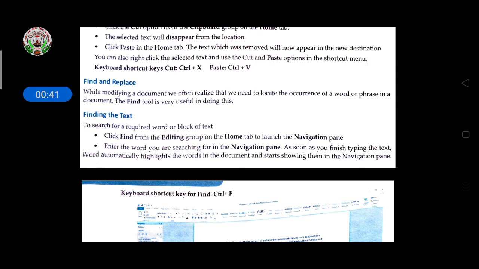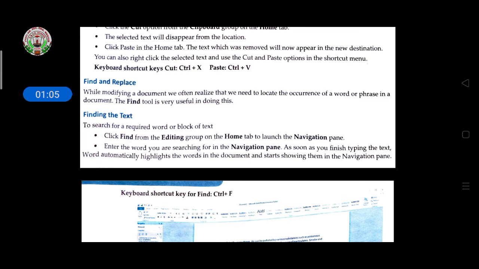Now let's discuss find and replace. Find and replace means if you have typed a story, in which a character's name is Rahul, and you want to change Rahul to Ravi, you can do it with the help of find and replace.